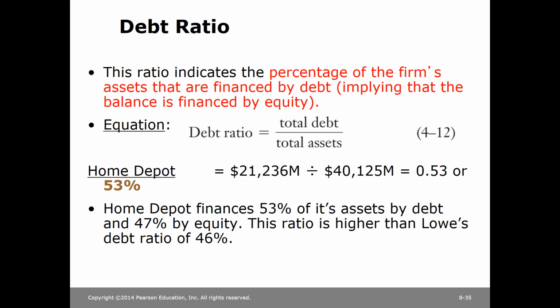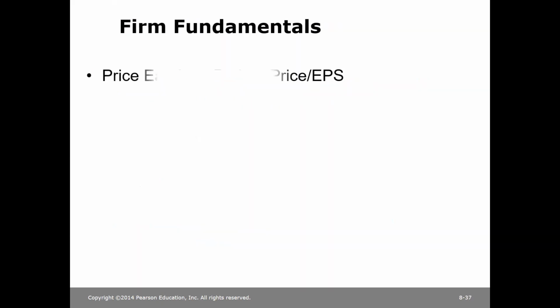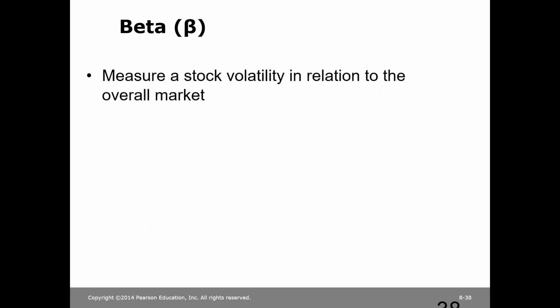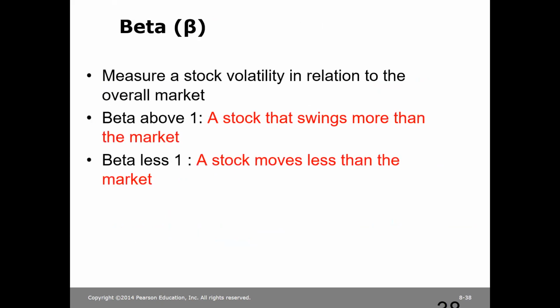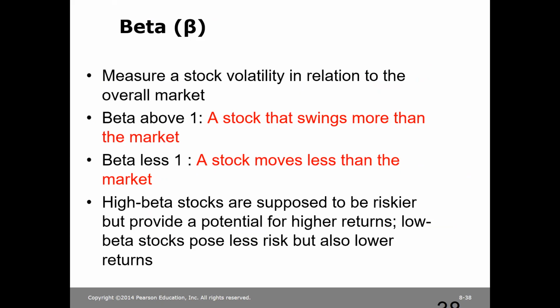Lastly, let's take a look at beta. The Greek alphabet beta in the stock market is one of the most popular indicators of the riskiness of a particular stock. A beta value of more than 1 indicates that a stock is more volatile than the market. That means, say for example, a stock has a beta of 1.25. That means that if the general market moves by 1% in one particular day, that stock would move up by